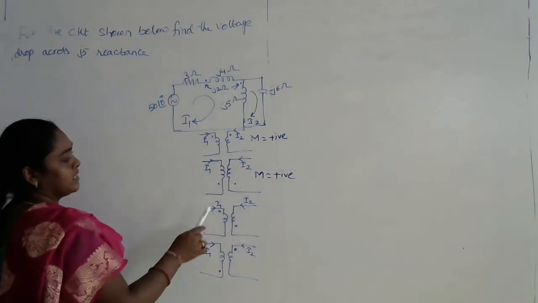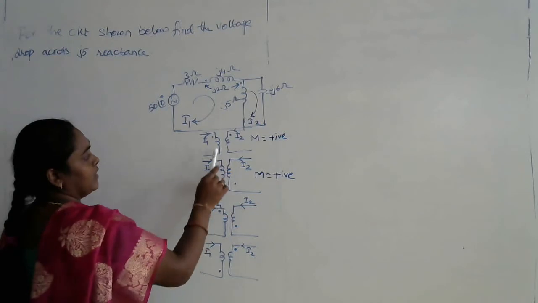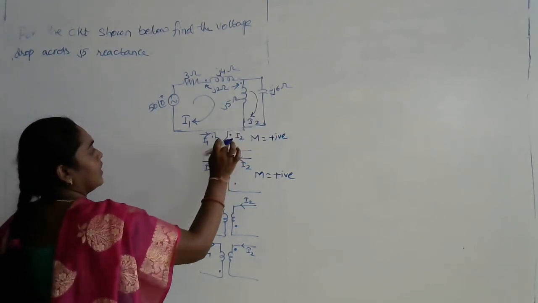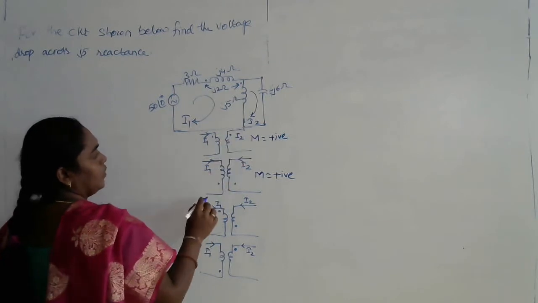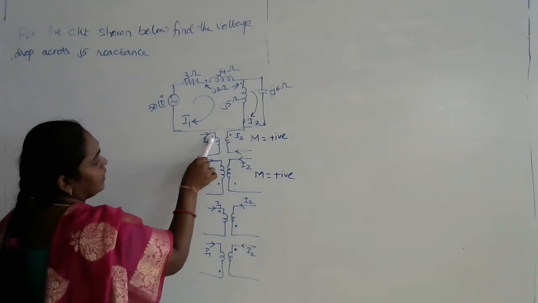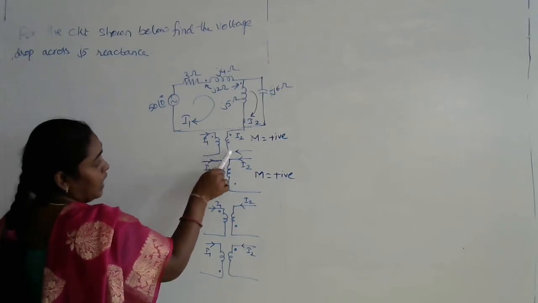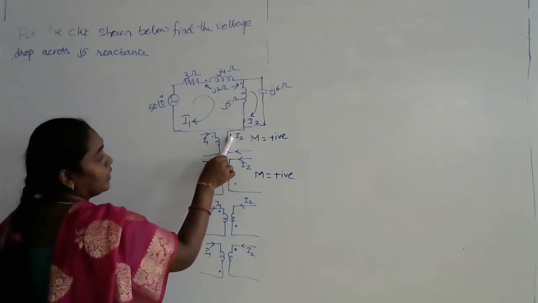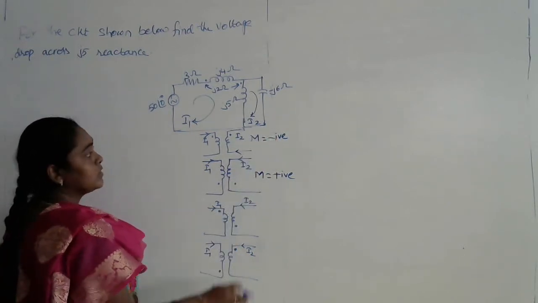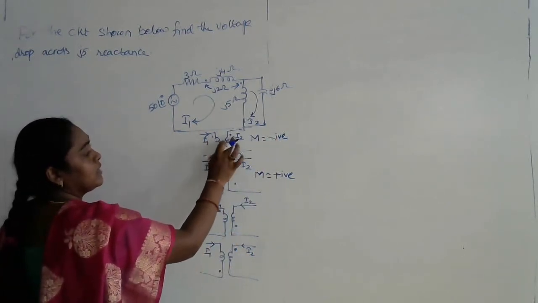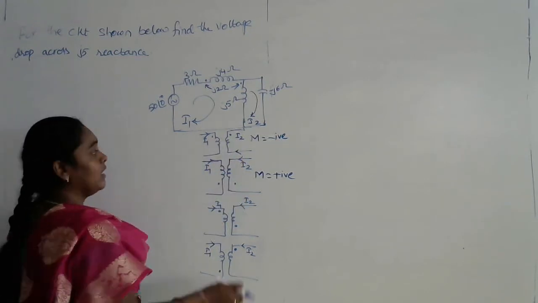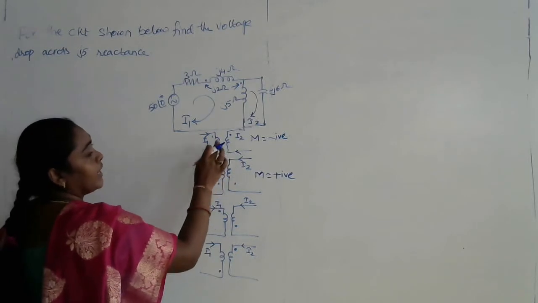Don't remember it in such a way that both the dots are present in the same position. Now let me take the first circuit, and instead of this I2 current, if I take this direction of current, then I1 current is flowing from dot to coil, and I2 current is flowing from coil to dot. So at this point the mutual inductance will be negative. So even though the dots are present in the same position, we are not dealing with where the dots are present, we are dealing with the direction of flow of current.